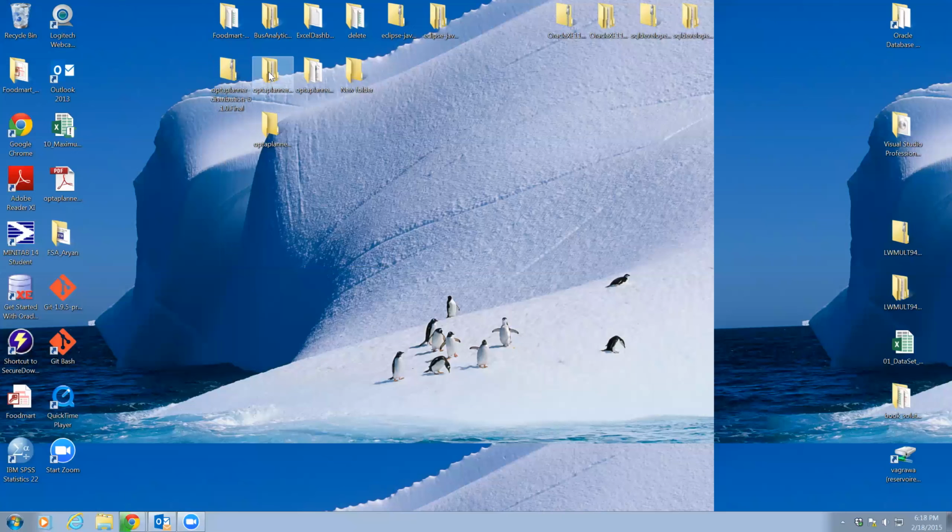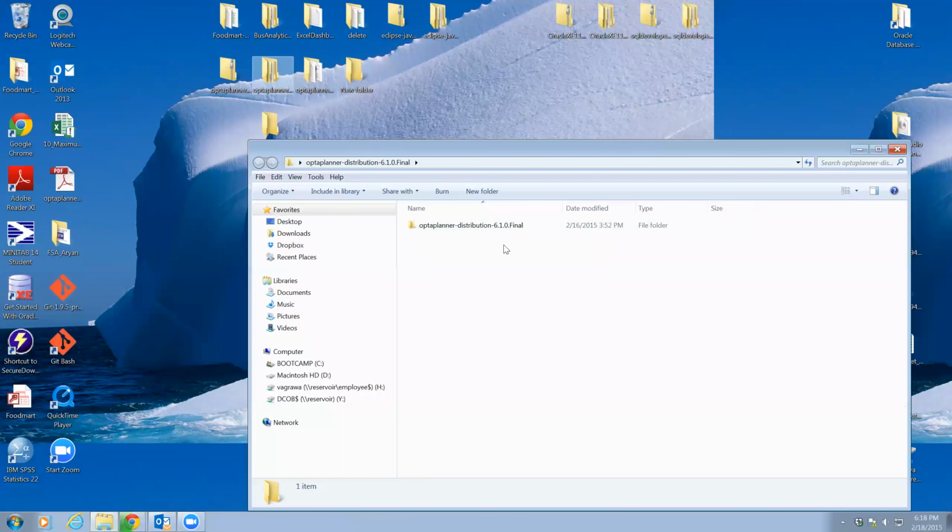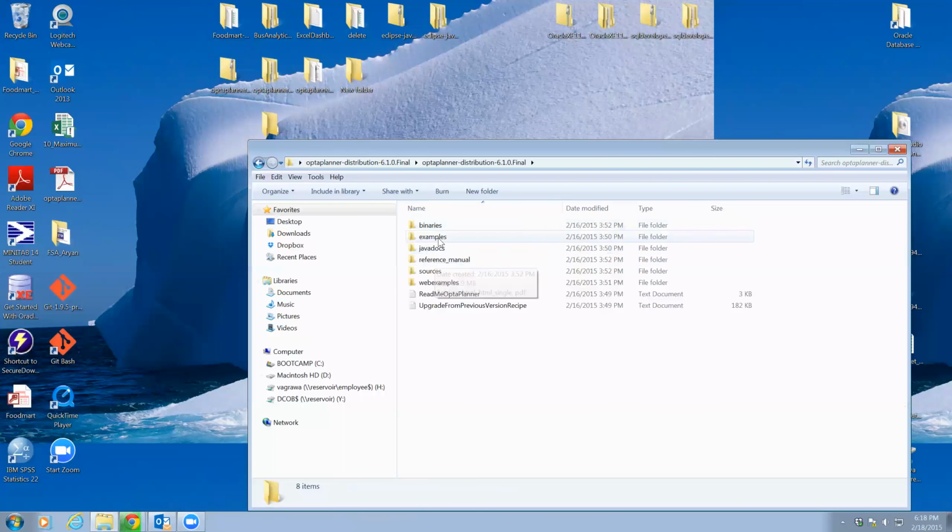It should create a folder like this. So you will have this file, and now it has all the details inside. Now we need to run these examples as mentioned in their documents, and the documents are right here as well